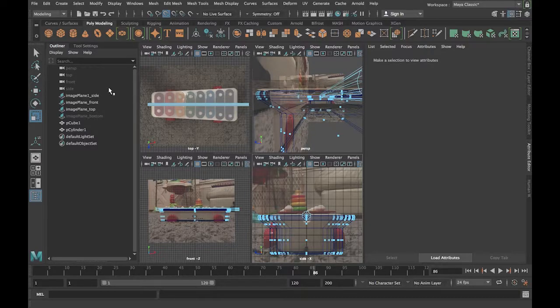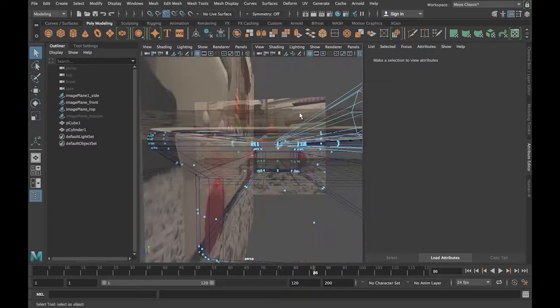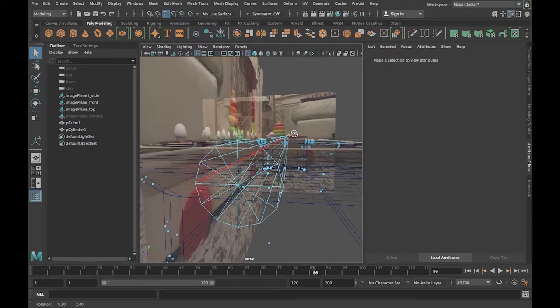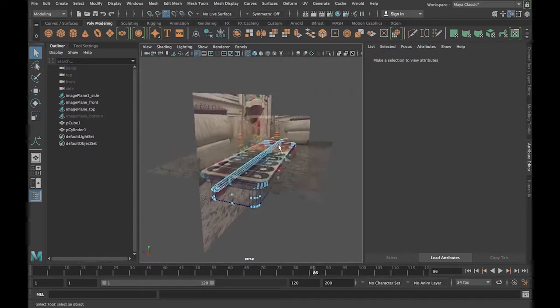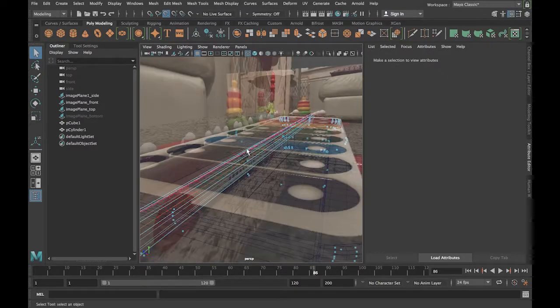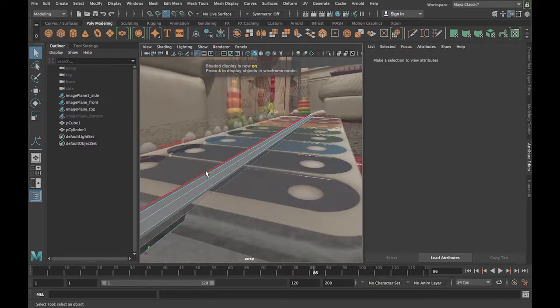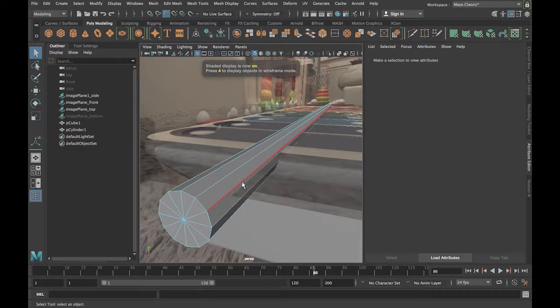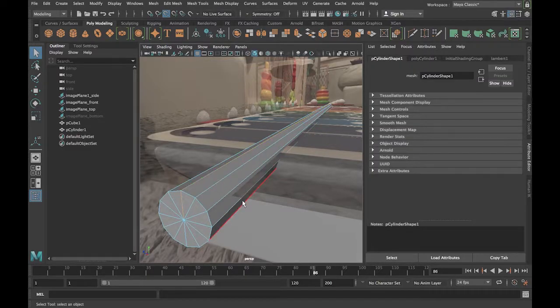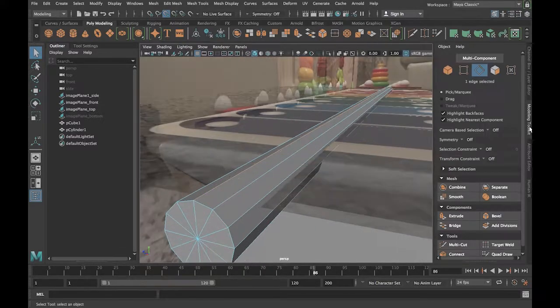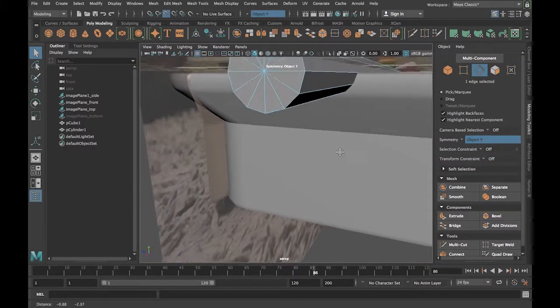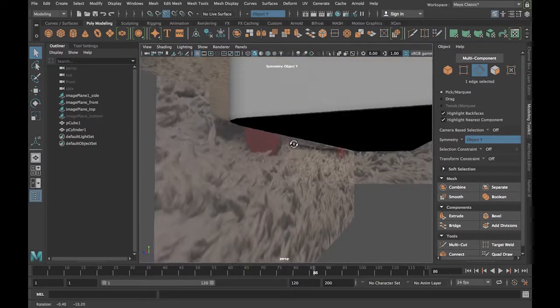So I want to actually create a very specific shape. I don't want this to be an oval. I'm going to go in and select, let me work back in this mode. I'm going to select the top, and I'm also going to just select the top edge, and I'm also going to say symmetry in the Y to turn that on, and